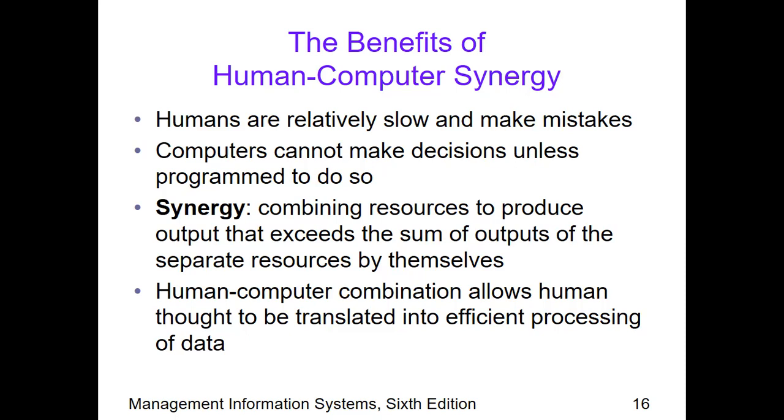And then synergy is when, for example, various resources are able to produce outputs in which the sum of the outputs of the separate resources, if they're combined, would be less than the output as a whole. Meaning to say, the whole is greater than the sum of its parts. So 1 plus 1 is not 2, it's 3. That's synergy if we combine resources. And that's how important it is to combine human and computer, because that would translate into efficient processing